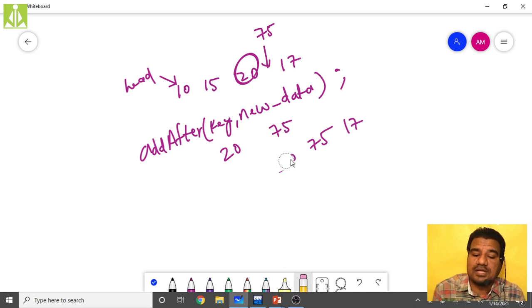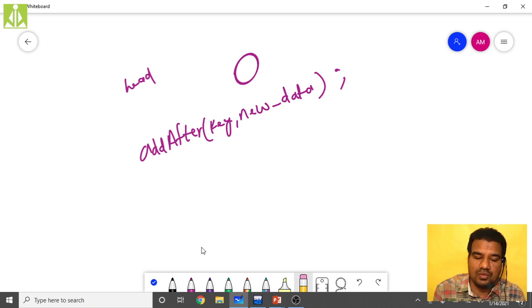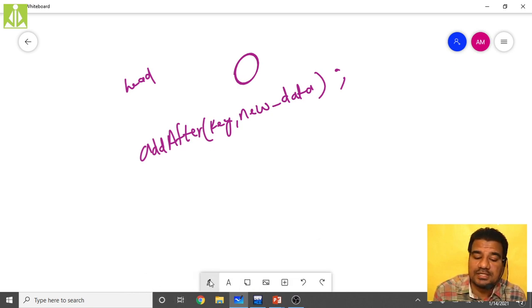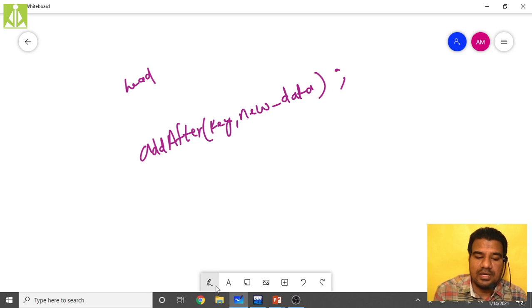Okay. Then assume the second thing. Assume another case, when your head is null and you are trying to add a new node into the doubly linked list. So I'm saying my head is null.